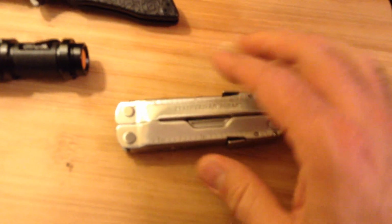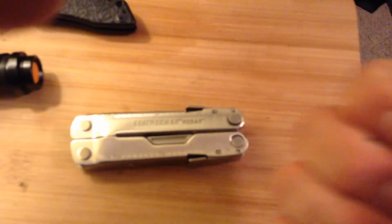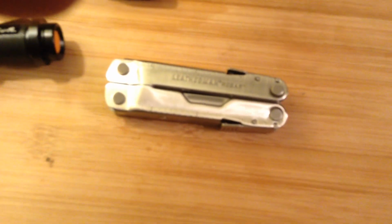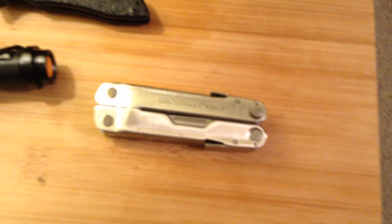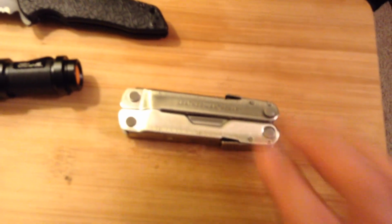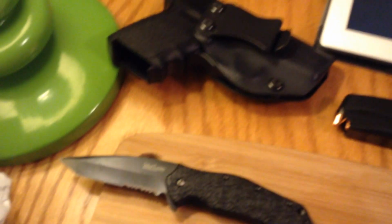Rebar is a nice tool. It's got lockout tools. I wanted a lockout knife blade and a lot of the basic tools. I keep it around me when I work on my vehicle, work on the house, and so on. Excellent to have. Not a lot of money. Wingmans, Leatherman Wingmans, you can pick up for around 25 or 30 bucks. I don't have one to show you because it's out in my vehicle. I just keep it out in the glove box, but again, nice pocket tool, flashlight, everyday carry blade, and your